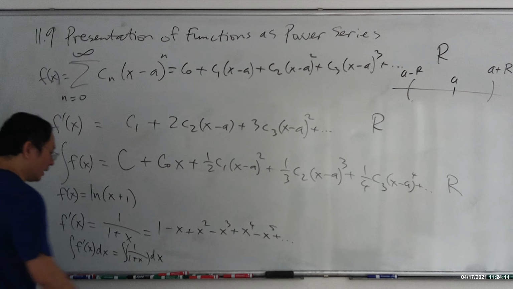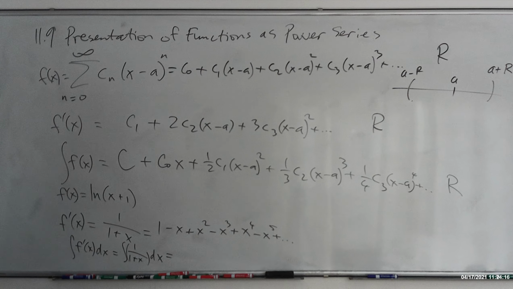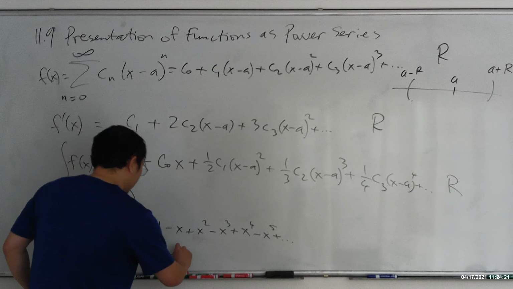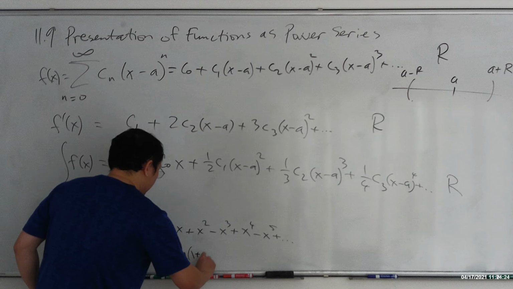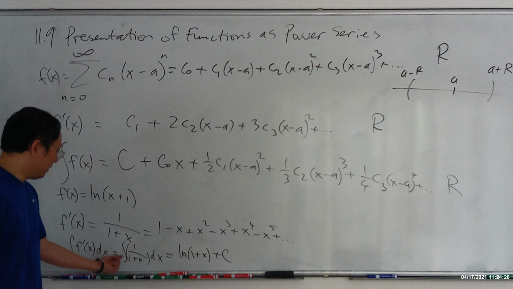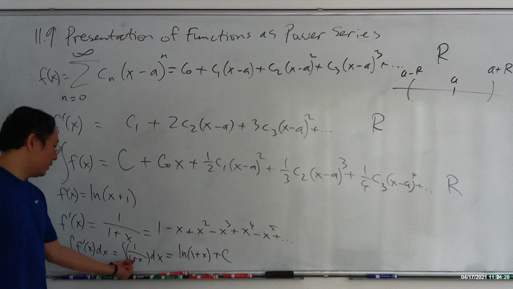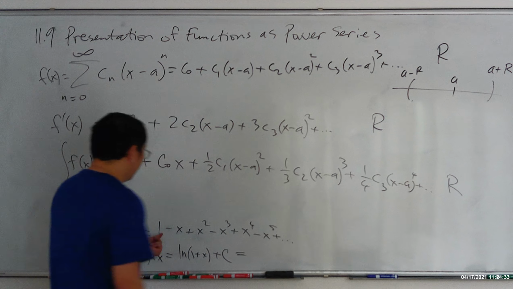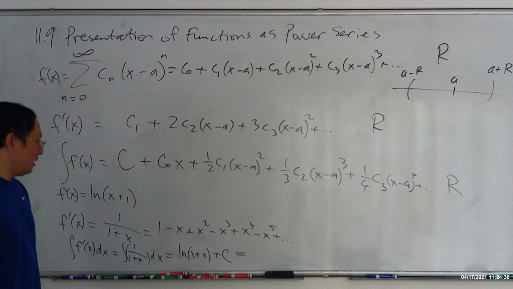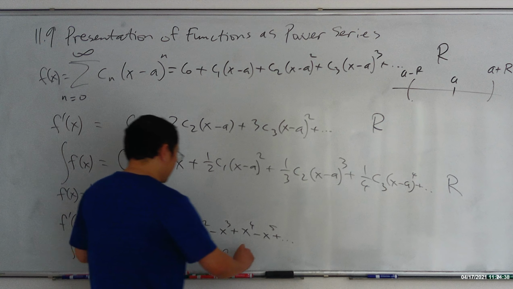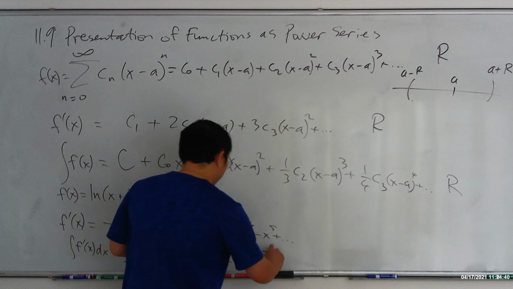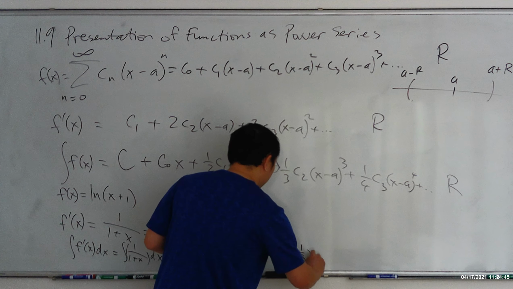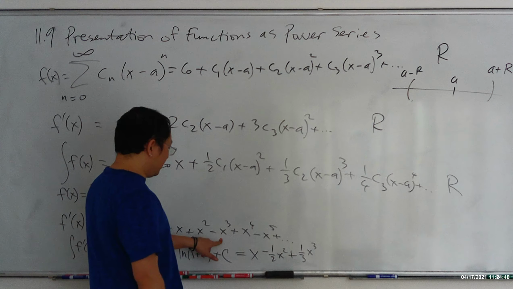Okay. And the antiderivative of this is what? Which is ln of 1 plus x and then plus c. See? The integral of 1 over 1 plus x is ln of 1 plus x, and then don't forget the constant plus c. And now you can integrate that power series right here and see what you got. The integral of 1 is just x, minus x becomes minus 1/2 of x squared. x squared becomes plus 1/3 of x cubed. Minus x cubed becomes minus